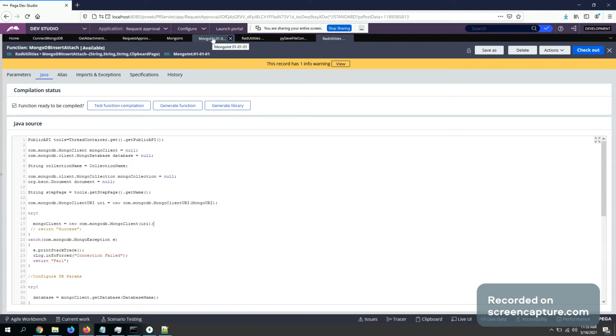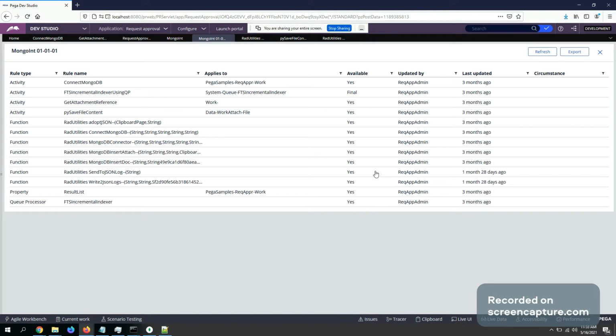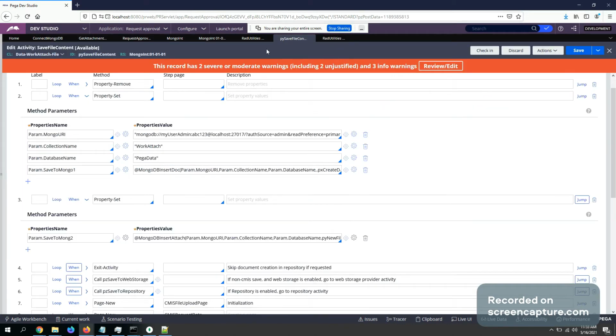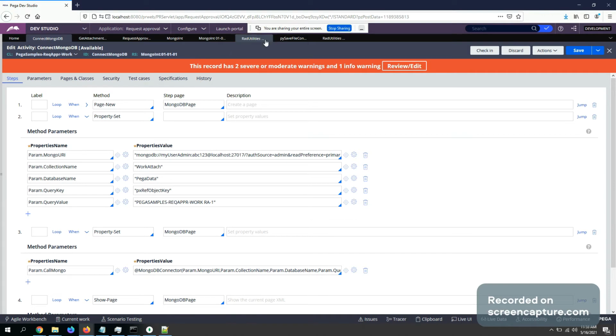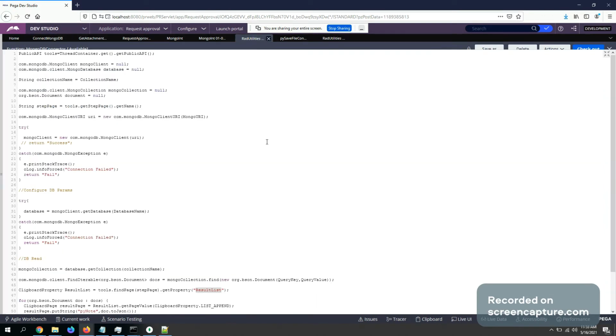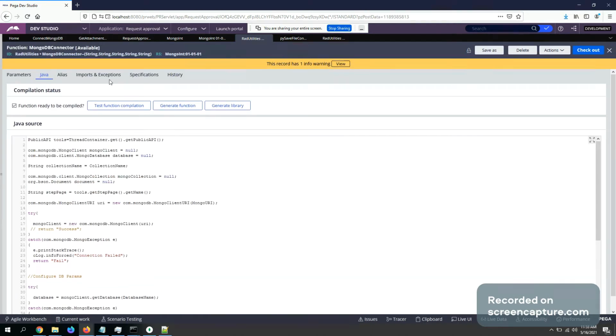For reading some data from MongoDB, connect MongoDB is the activity. MongoDB connector is the function that I've written.